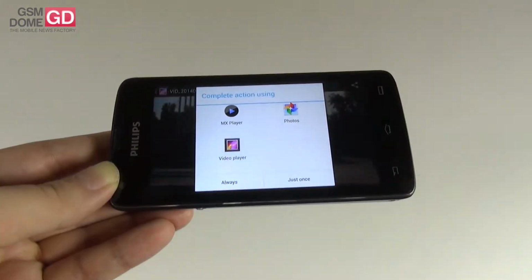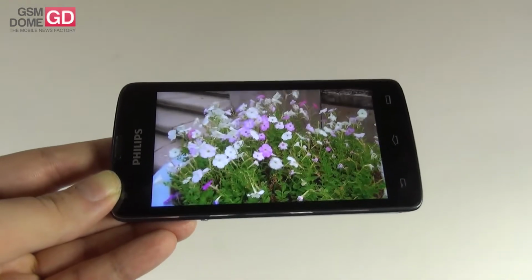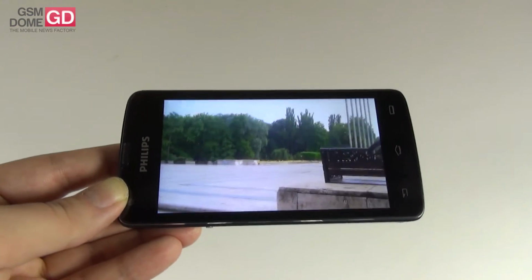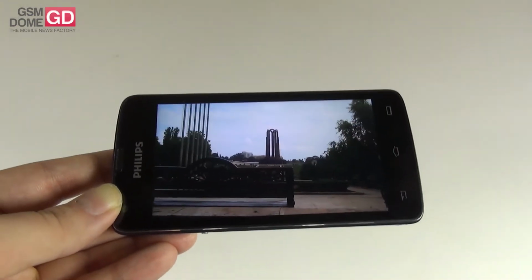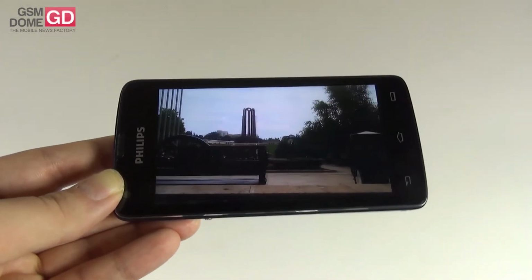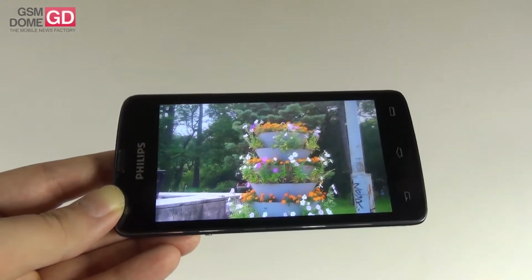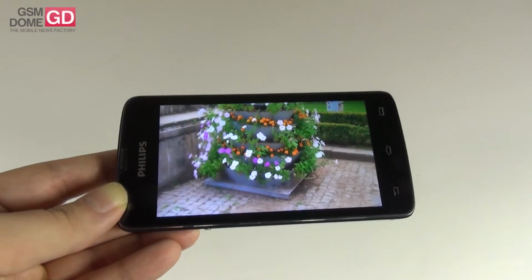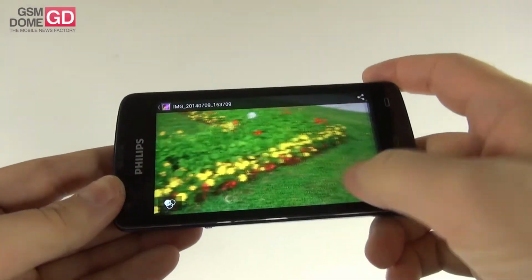And let's play it properly with the standard video player. The camera films in the 3GPP format, which I don't like at all. It does full HD videos at 30 frames per second. The videos are crisp, we got good white balance, good exposure, okay quality. The obvious loss of focus that you can see right here is trying too much to focus properly. The colors are good, quality is okay, there's poor stabilization, and aside from the focus loss, I'd say we're doing